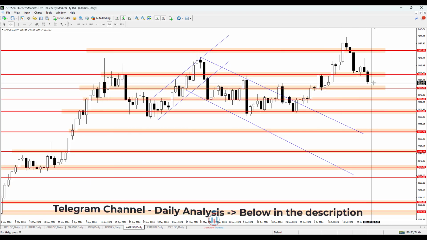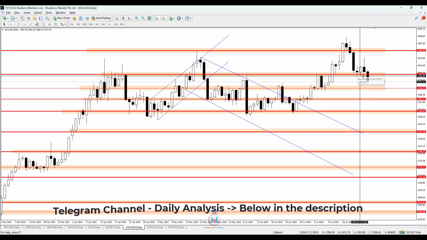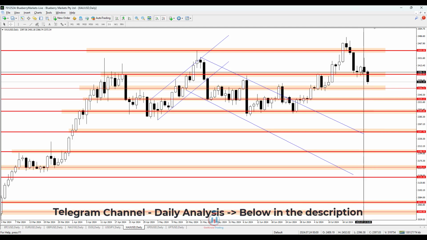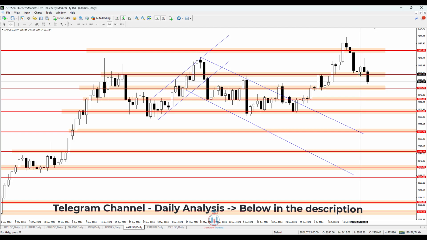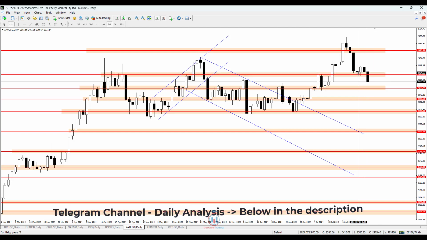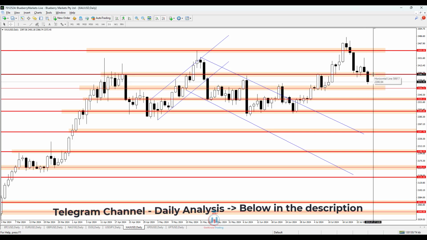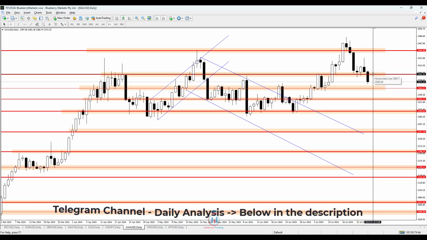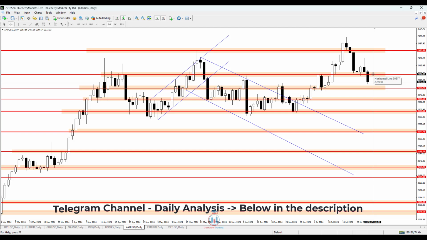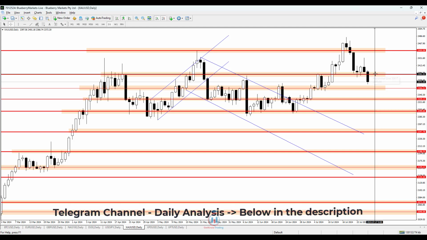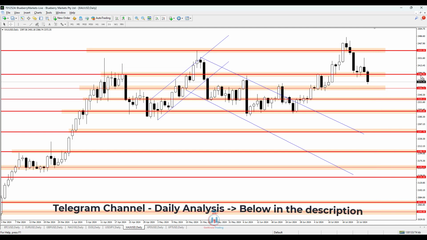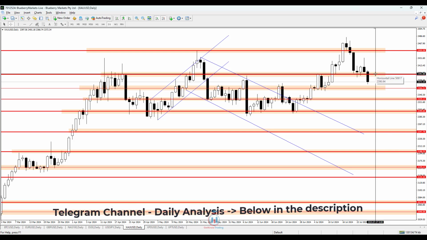As currently what I can see, I see a bearish breakout forming here on the daily chart, on the daily time frame, but to be validated I need to see the candle closing after the day finished below this support level in order to say that this is a bearish breakout, and after that it needs to be validated with the second candle not returning all the way back up above 2390.94.